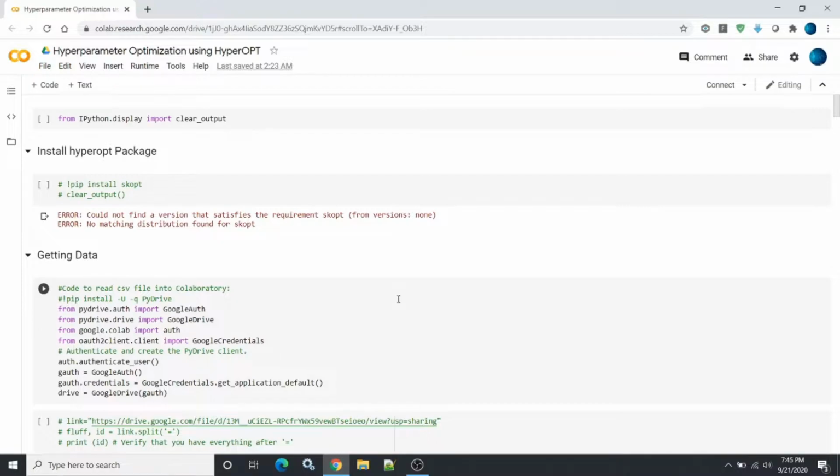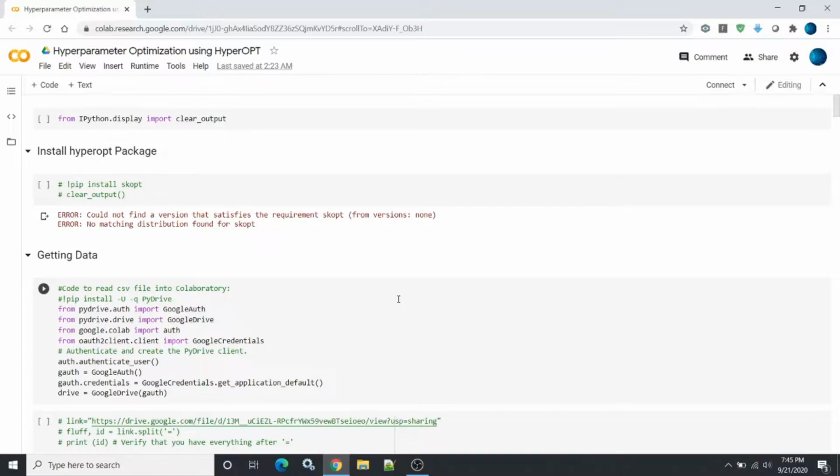So now that we have grid search and random search, what is the alternative hyperparameter optimization technique other than grid search and random search? The latest one that we see here is Hyperopt.